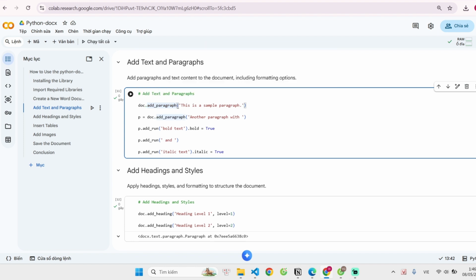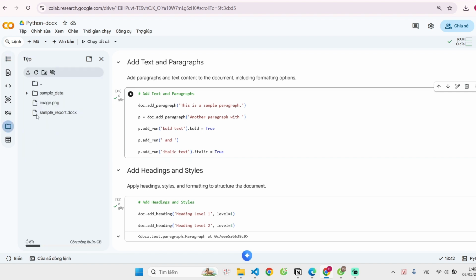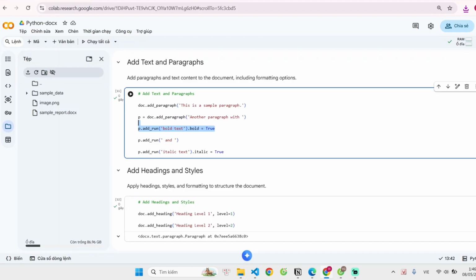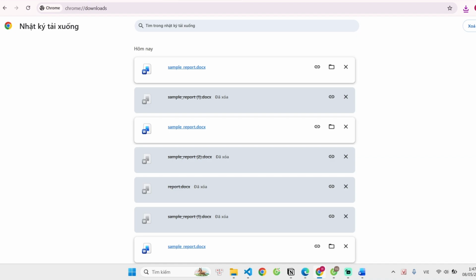We want to add some flair, some personality to our text. So, we create another paragraph with p = doc.add_paragraph('Another paragraph with '), and this time, we're going to spice it up with some formatting. We use add_run to insert segments of text with different styles. First, we add bold text and make it bold by setting .bold = True. It's like emphasizing a word in a conversation to make sure it stands out. Then, we continue with some regular text, before adding italic text and setting .italic = True to give it